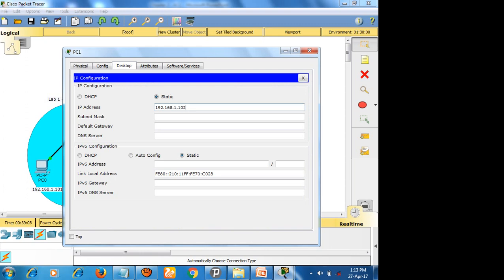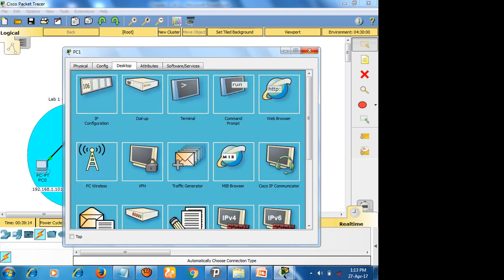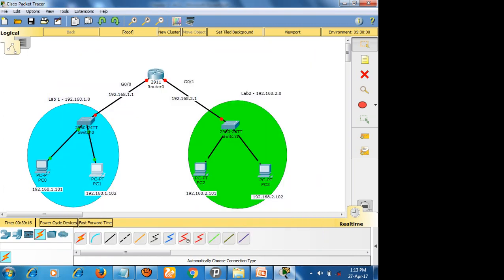This is 192.168.1.102 and the default gateway is 192.168.1.1, okay, so that all the packets will be routed towards 192.168.1.1, right?